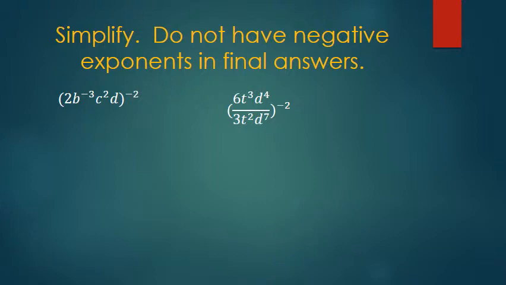Here the complexity is increasing. We just have another property to use, and then a few more variables and numbers to use as well. Okay, so for the first one, we have parentheses around a whole bunch of things with an exponent of negative 2. So ultimately, we're going to be using the power property of exponents. So whenever you see a negative or positive exponent on the outside of parentheses, it means the power property. And the power property